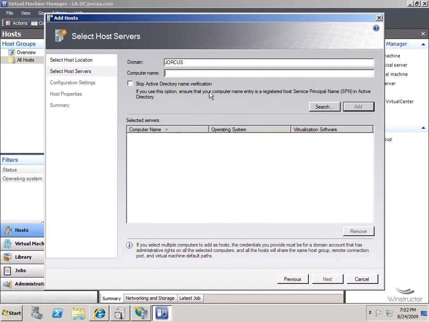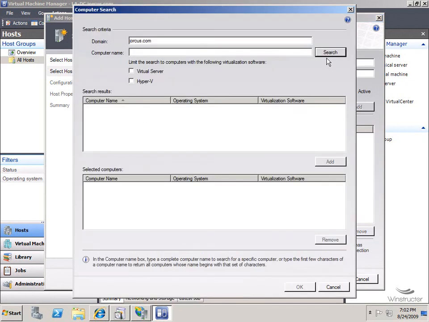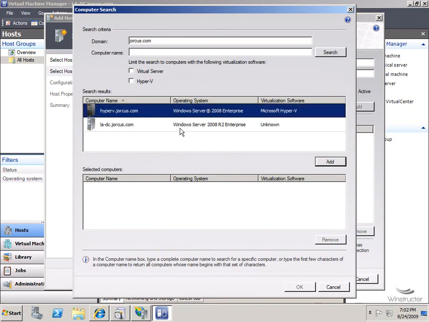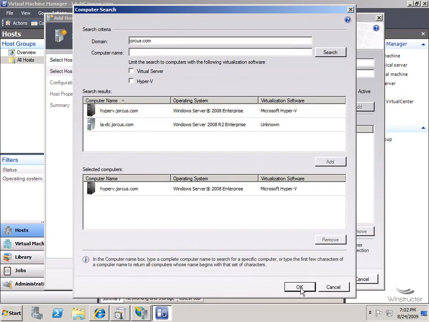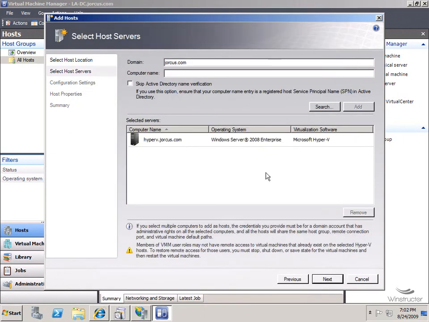Now we'll need to enter in the name of the host we want to add into this computer name field. Now the name of my host is simply called Hyper-V, and we'll click Search, and then we'll click Search once more, and there we can see it's found our Hyper-V server, so we'll select that, we'll click Add, and then we'll click OK. Now we can add in more hosts if we like, but we'll just click Next,